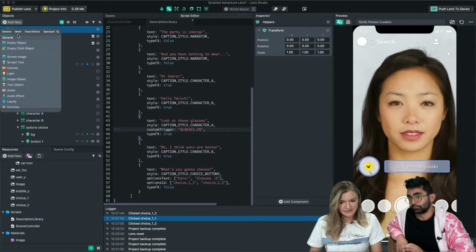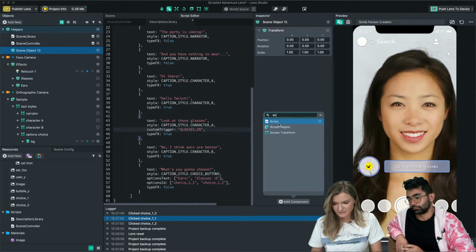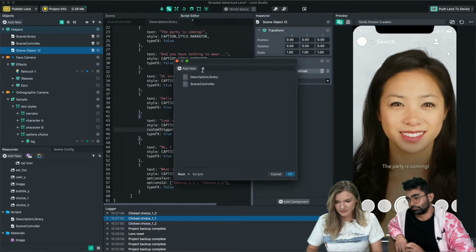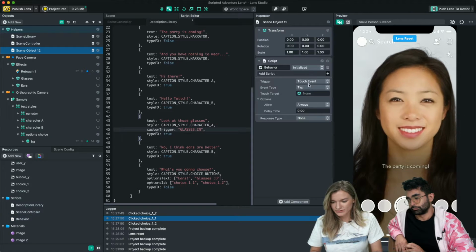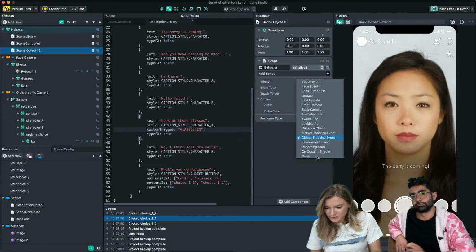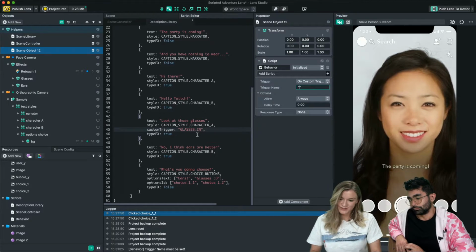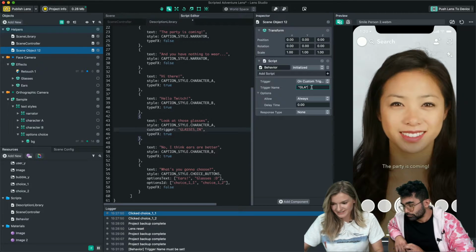And then let's add a new script. We are using the mentioned behavior script to do some action on the custom trigger. You just need to choose trigger on custom and put the exact name that you used in your description library. So for us, it's going to be